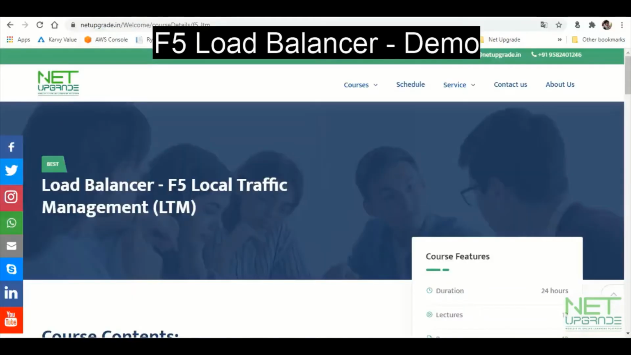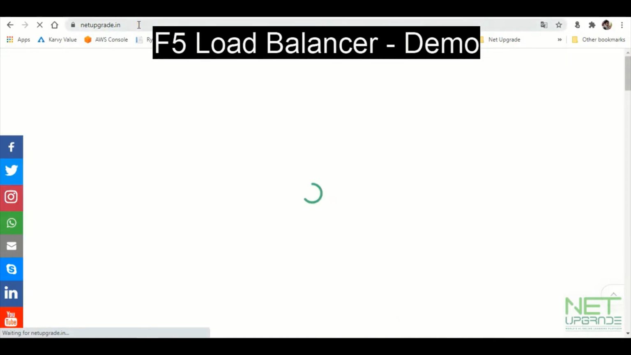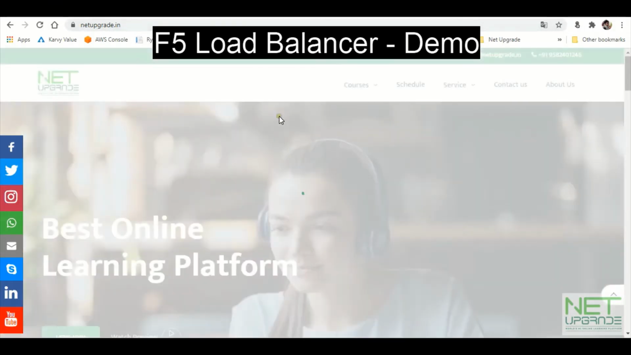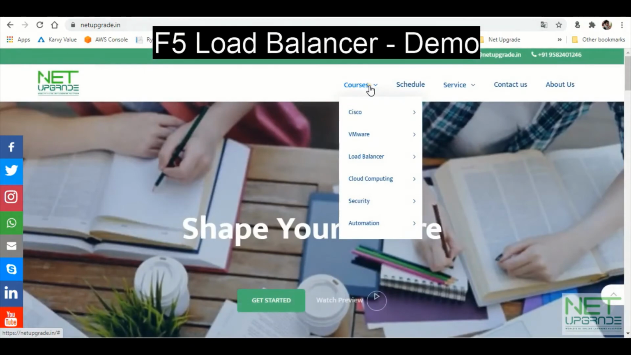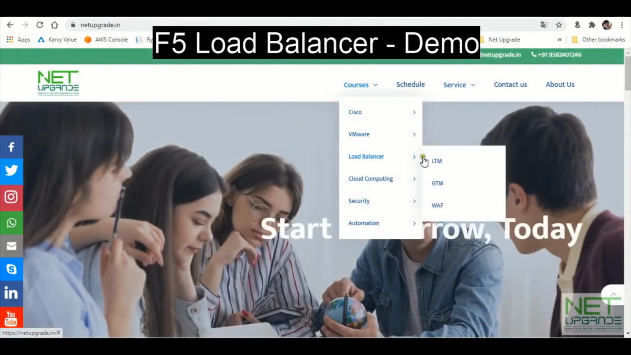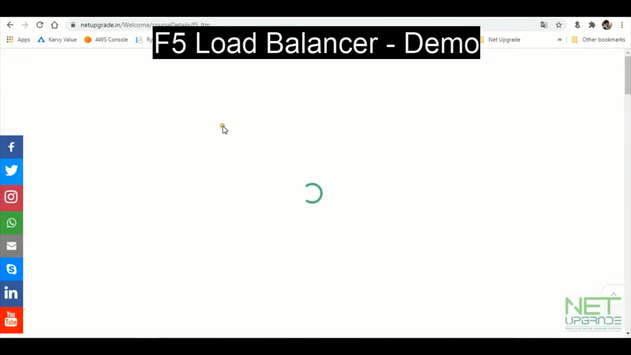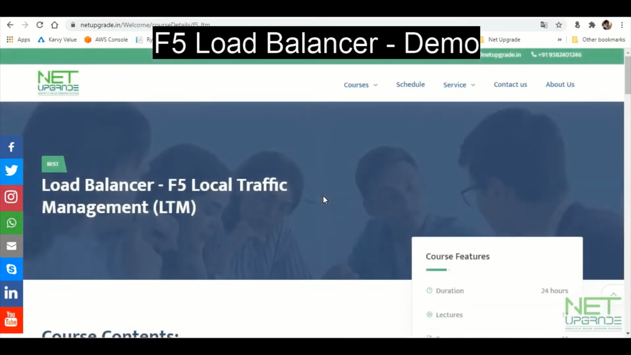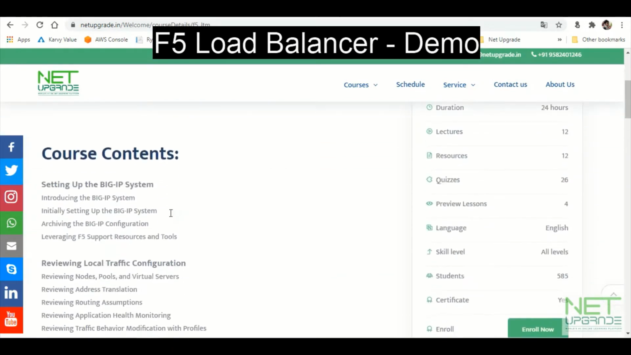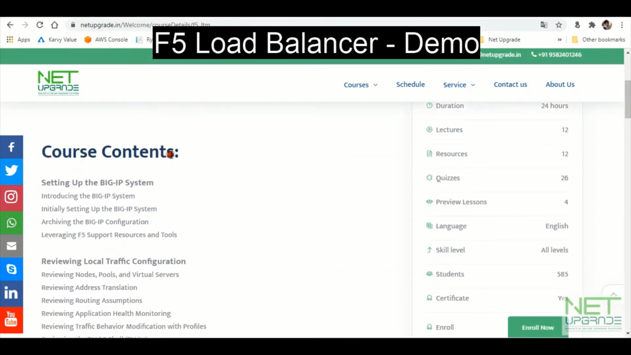So let's open the website, go to netupgrade.in, and from there go to the menu, course, load balancer and LTM. Here you can find the course as per the F5, right? So we'll start with the introduction, understand what is F5, what is F5 LTM, what all products they provide,